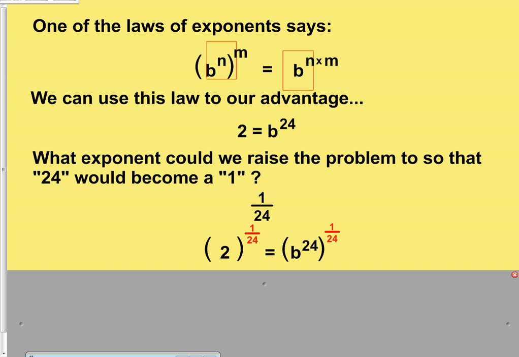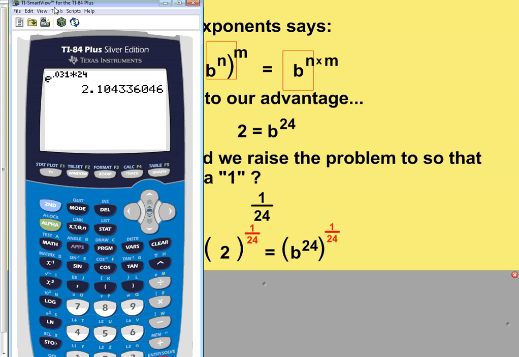Now, on the right side of the problem, b to the 24th raised to the 1/24th, that multiplies and cancels and will leave just b. So what we need to figure out is what is 2 to the 1/24th power. Okay, well, we can enter this into our calculator. 2 raised to the, and to enter a fraction, that's a division problem, 1/24th. 2 raised to the 1/24th power is